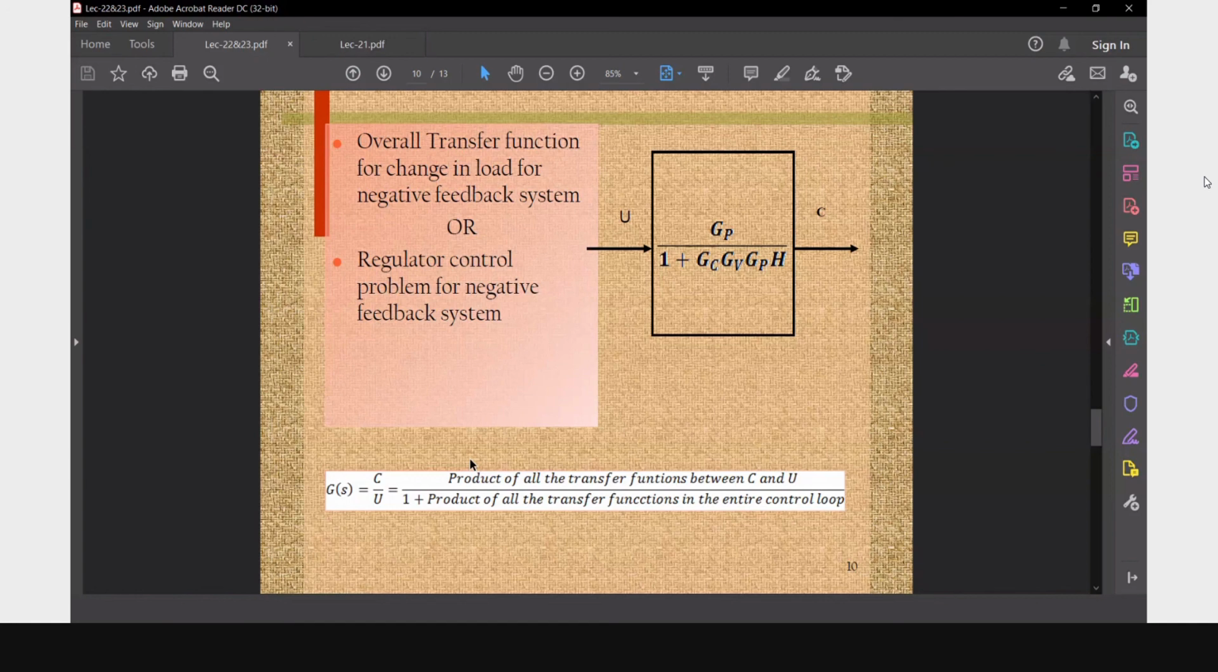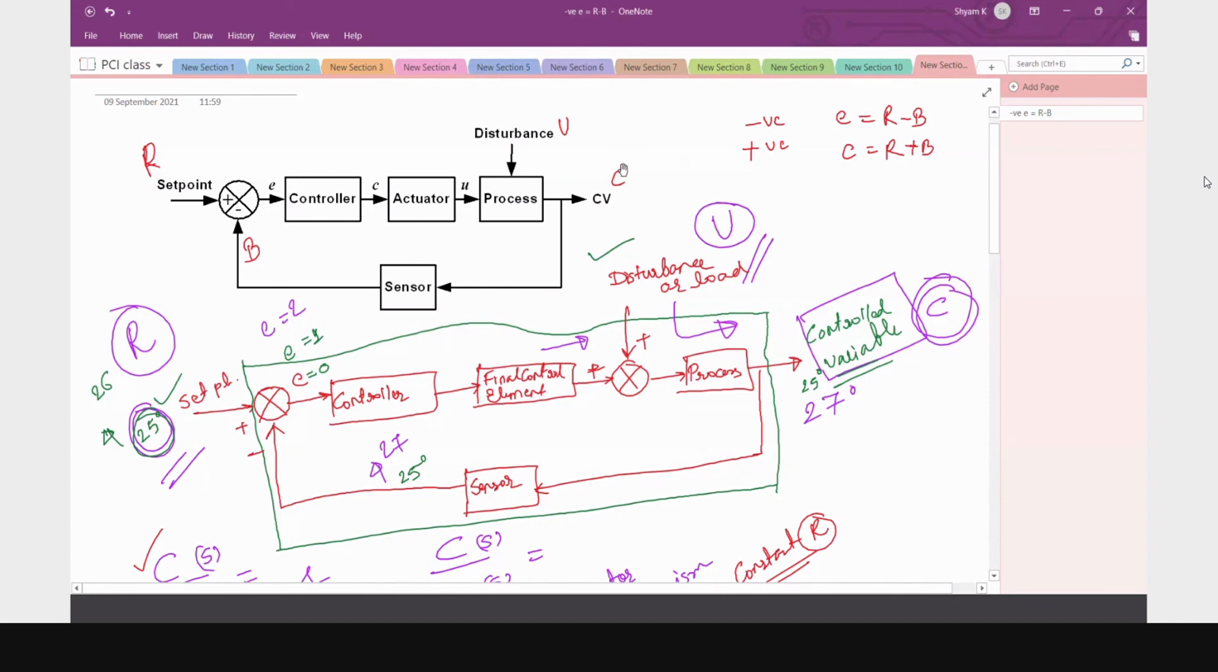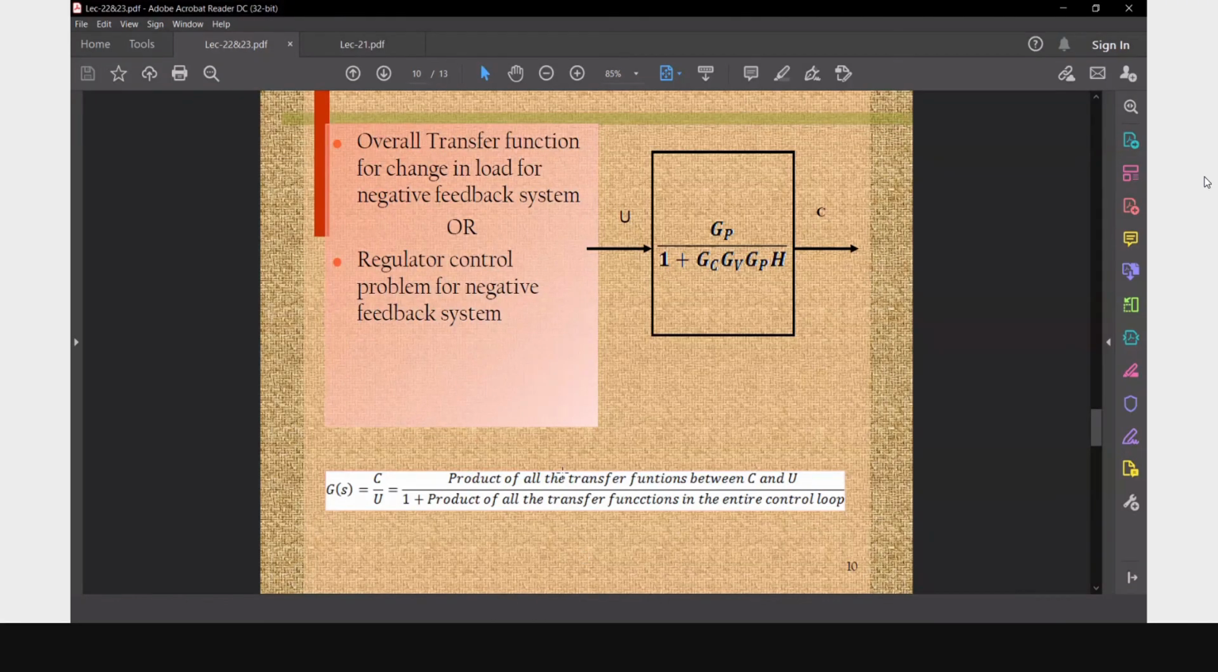देखिए ये डायग्राम देखिए, GP by 1 plus GCGV GPH, न्यूमरेटर में सिर्फ GP है, GP is in between only C and U, C और U के बीच में क्या है, GP है। एग्री? एग्री स्टूडेंट्स? यस सर। ठीक है, तो ये आपको डिराइव करना है। ये एक हो गया नेगेटिव फीडबैक।